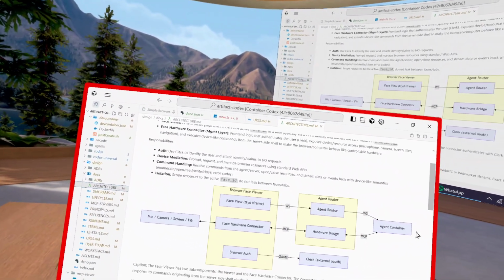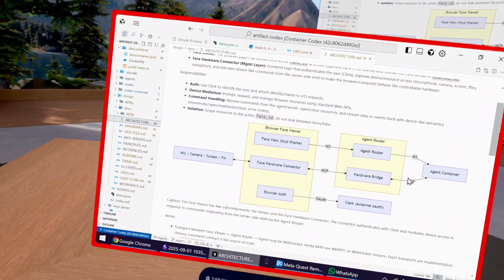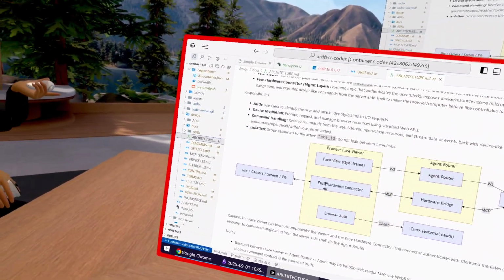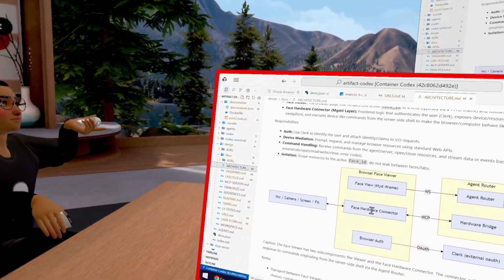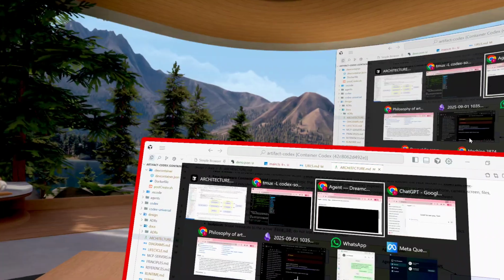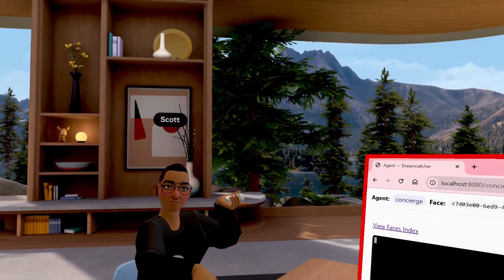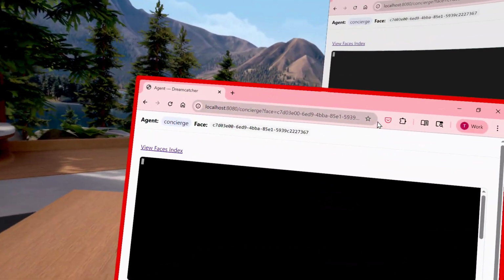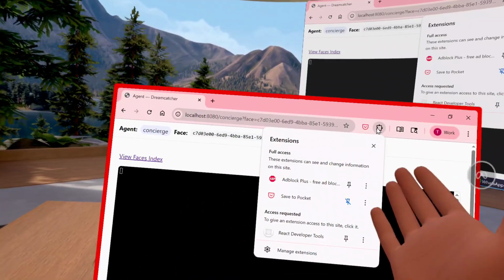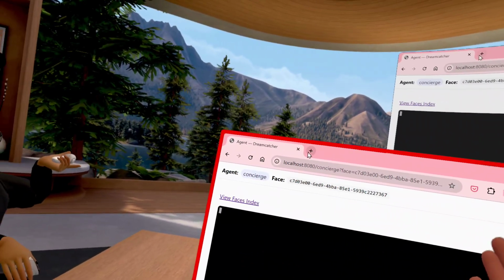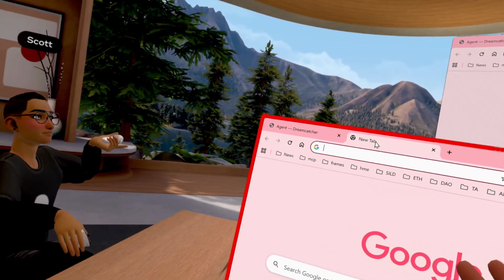And when this agent does a handoff, it goes MCP tool call, hardware bridge, navigate. And that thing drives this page to go somewhere else. Right. We could very easily make a plugin that goes in here that can actually do things like make a new tab, move the tab, activate the tab.